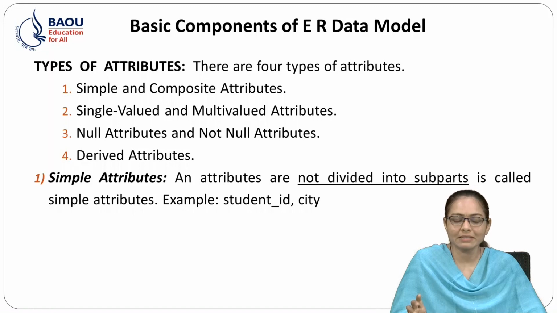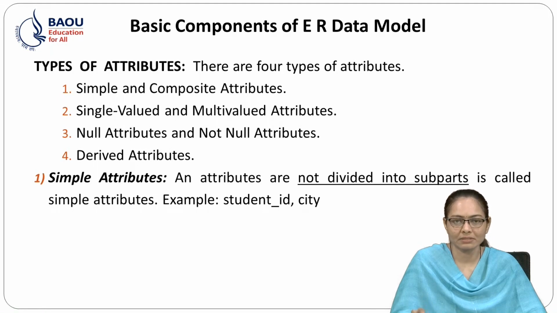Simple attributes means first one is simple and composite attributes. Now what is simple attributes? Simple attributes means the attributes that are not divided into subparts are called simple attributes. So it is not divided into subparts. For example, student ID and city. Student ID is not divided into a subpart or a subfield name. So it is called the